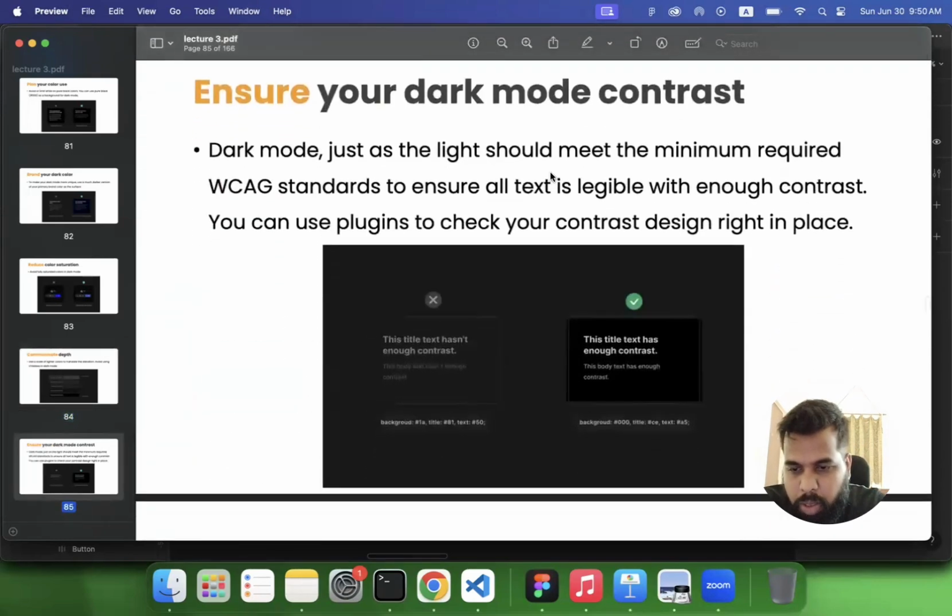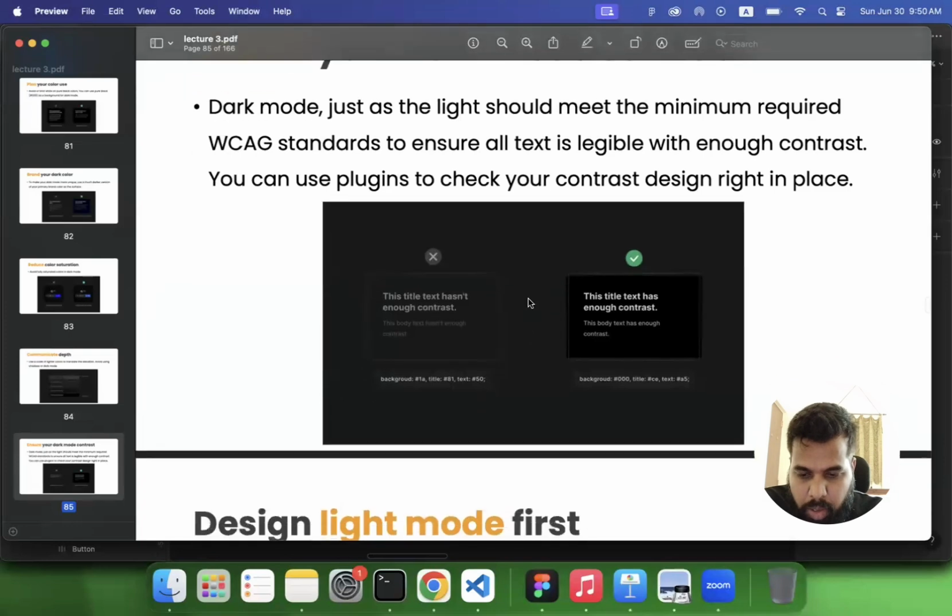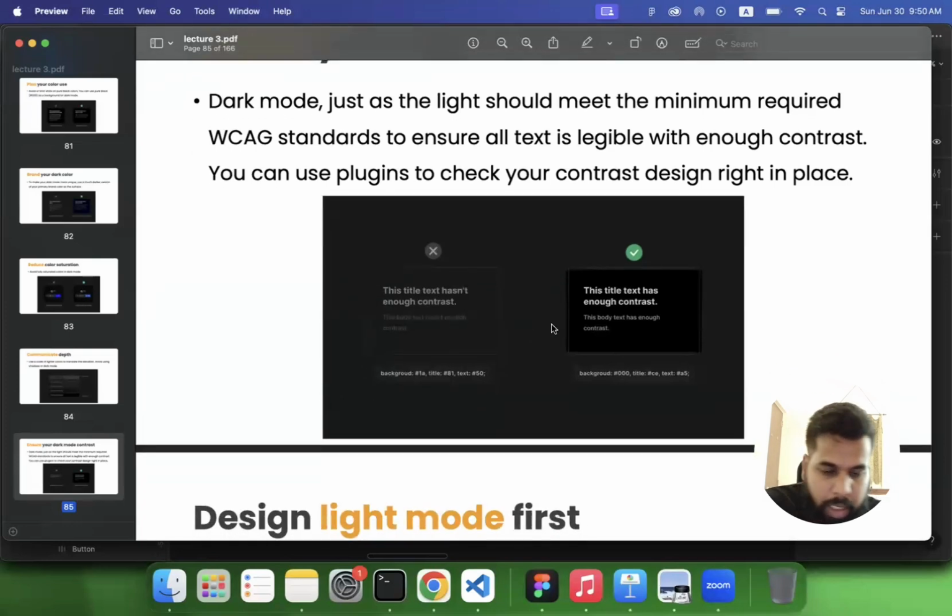Okay, next, ensure your dark mode contrast. Dark mode, just as the light, should meet the minimum required WCAG standards to ensure all text is legible with enough contrast. You can use plugins to check contrast design right in place. So if your text is not readable, if it doesn't have any practical or standard contrast ratio, it is not a good user experience. So you have to make sure you meet WCAG standards with your light mode